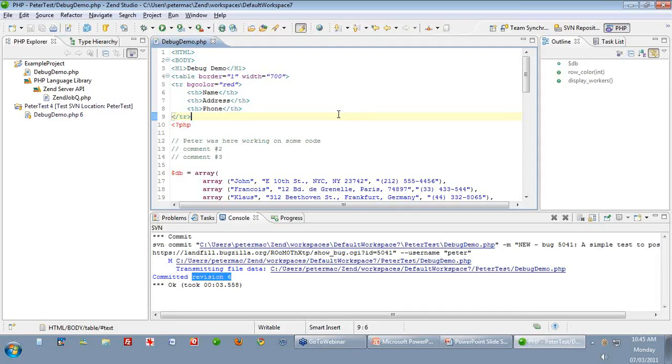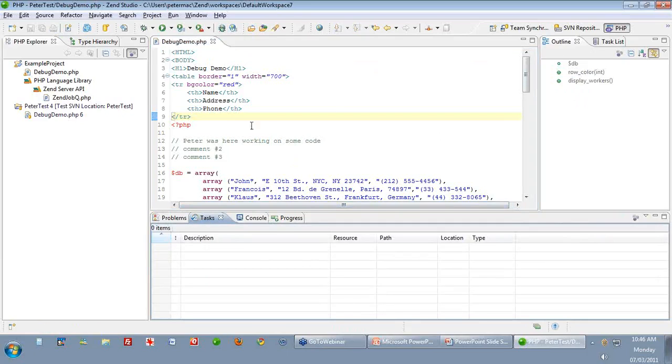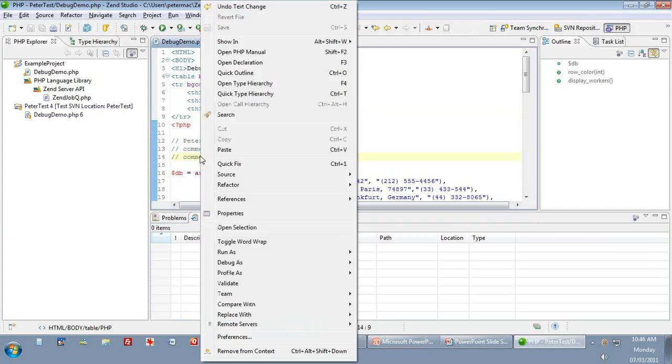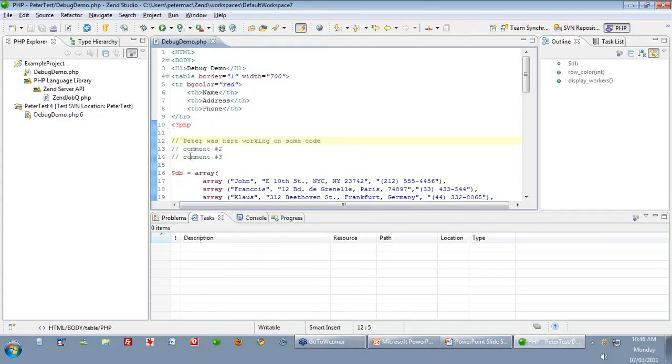Now, the other thing we can do is look at the task view, and I have that here. What you can do with tasks is you can assign yourself things within each file that need to be done. So I can right mouse on a line of code that I want to make a change to, but I want to come back to it later. So even in this HTML code here, name, address, phone, I might want to add the country later on. So I can right mouse,